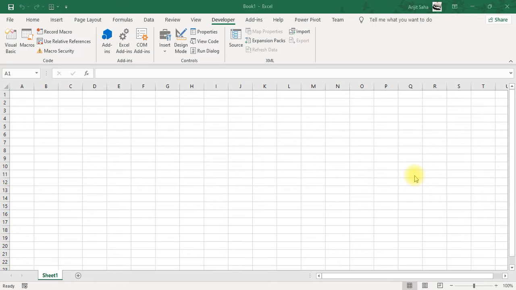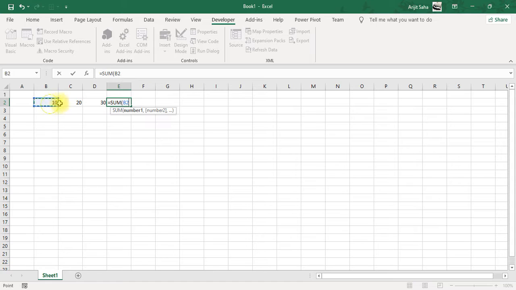So over here, as in Excel, most of the time we use functions. Before I start showing you how we can write a program in Excel, I will give you an example. We can create our own functions. How can we do that? Before we do that, let's take an example like 10, 20, 30. These are numbers. So we use equal to sum. Within the first brackets I select these given values, close the bracket and press enter.